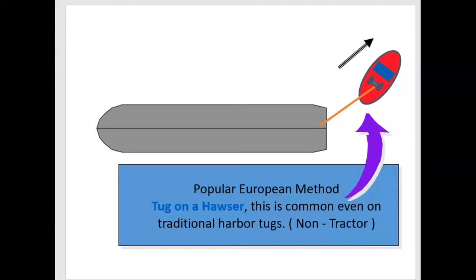You see this a lot, particularly in European ports, and this is a little different. Just a regular twin screw tugboat or a single screw tug, being used just on a line. It's very different than what we see in the United States, where we see a lot of tugboats come up and just push with their hull, hull to hull, the bow or the stern of the tugboat pushing on the ship. But what we see here,